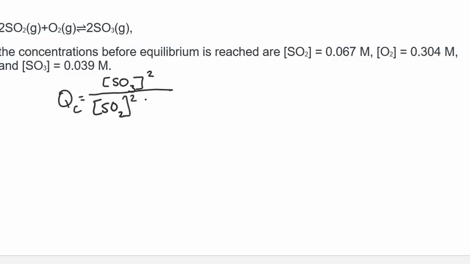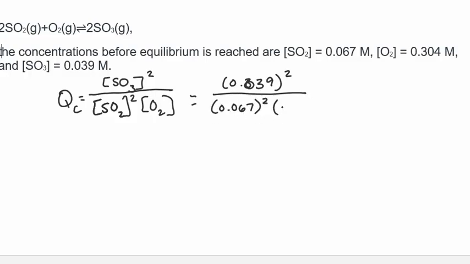So now I'm going to fill in the numbers that I was given. So the SO3 value, 0.039, needs to be squared. Divide that by my SO2 value, that is multiplied by my oxygen value. Now make sure you're putting these things into your calculator correctly. So we have 0.039 squared divided by the product of, and I'm putting these things in parentheses, 0.067 squared times 0.304, and I get a value